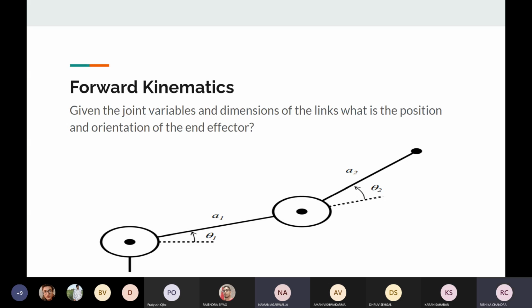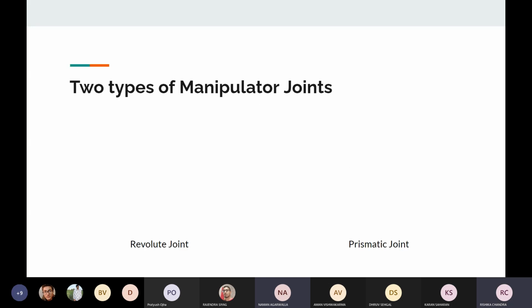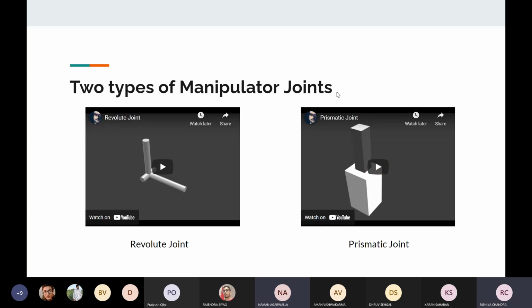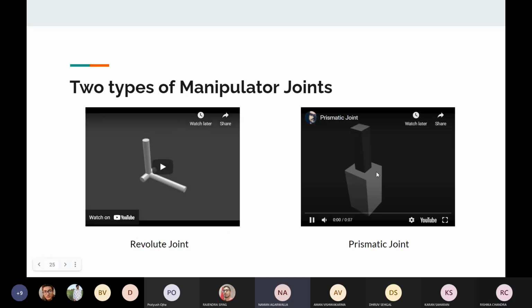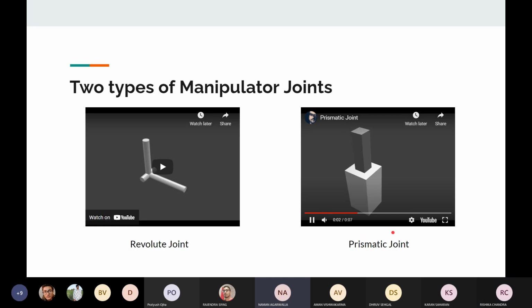Let me come back to slide 25, types of joints. We have various types of joints like spherical, revolute, prismatic, cylindrical, and helical. But these two, revolute and prismatic, are the most prominent ones. If you become a member of our team, you will eventually come to know why we prominently use only these joints: these two joints do the job. We don't need any other joints.